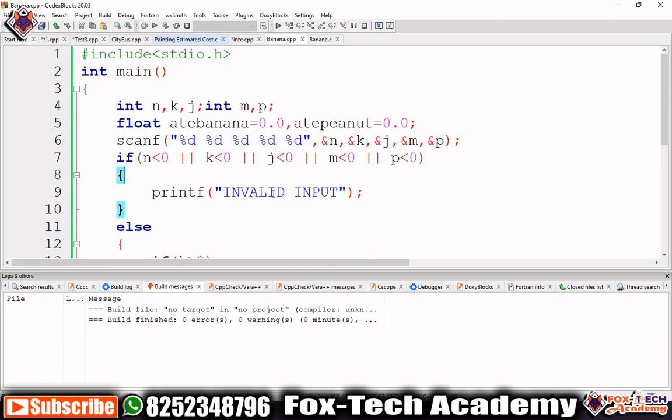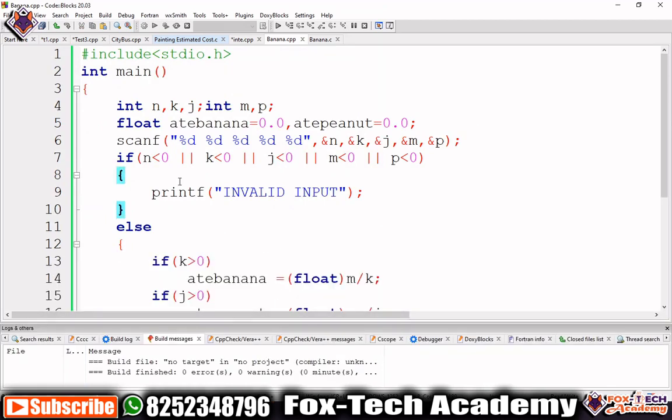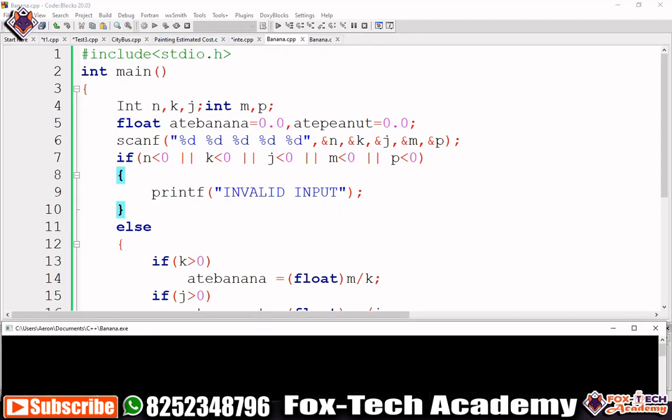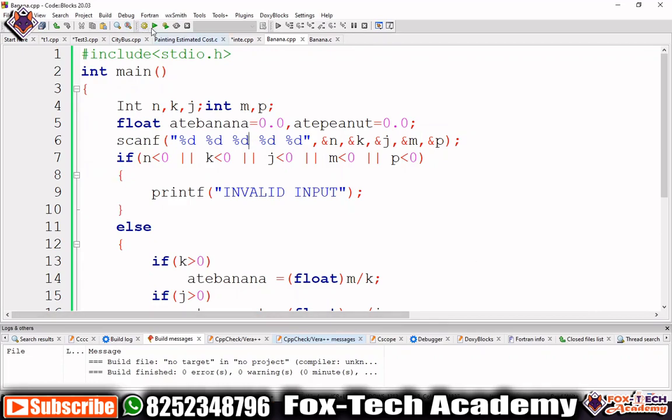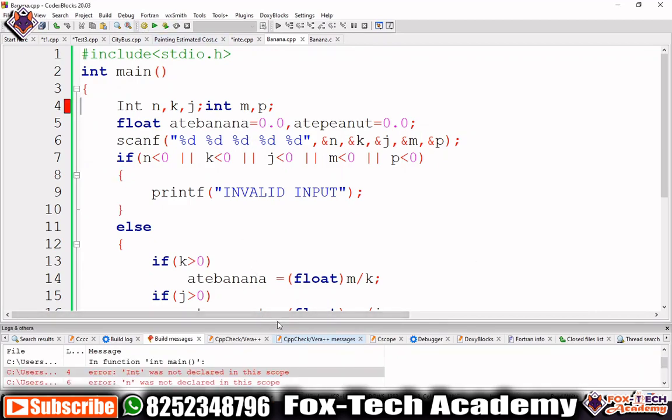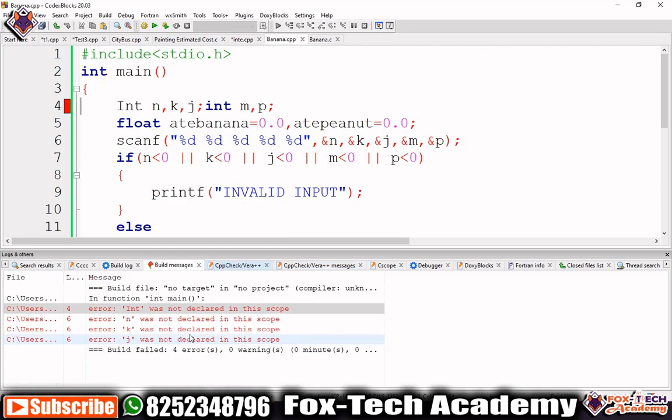Also we mentioned that C, C++, and Java are all case sensitive languages. Case sensitive means clearly that in the compiler they define int as a small int. When we use a capital I here, it will generate an error because a small i and a capital I are completely different. When you run this program, it says it doesn't know what this capital Int is.